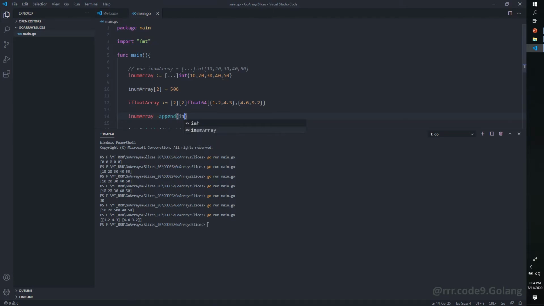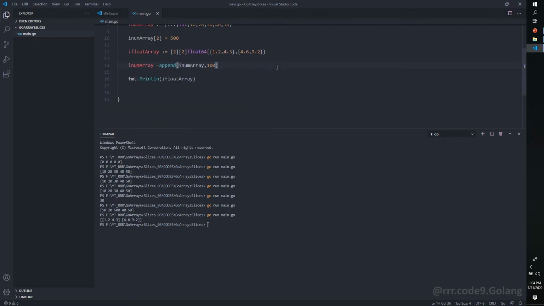Here we specify the array, this is inum array, and let's append a value. Let's say it is 100. Let's print this array and see what is the output.